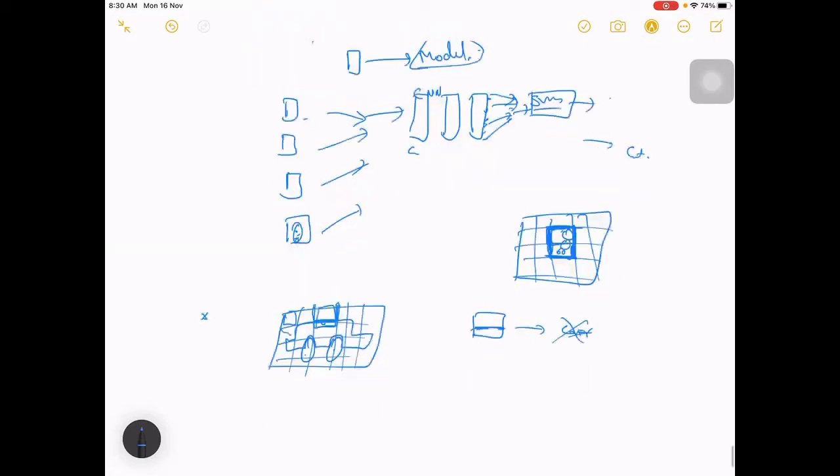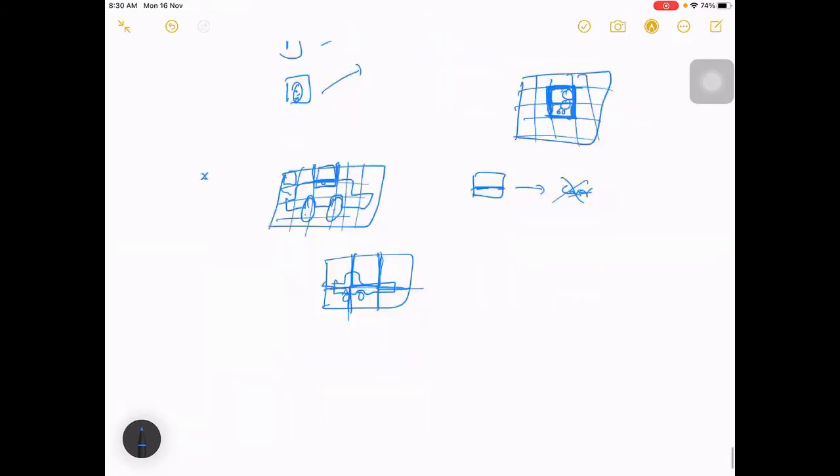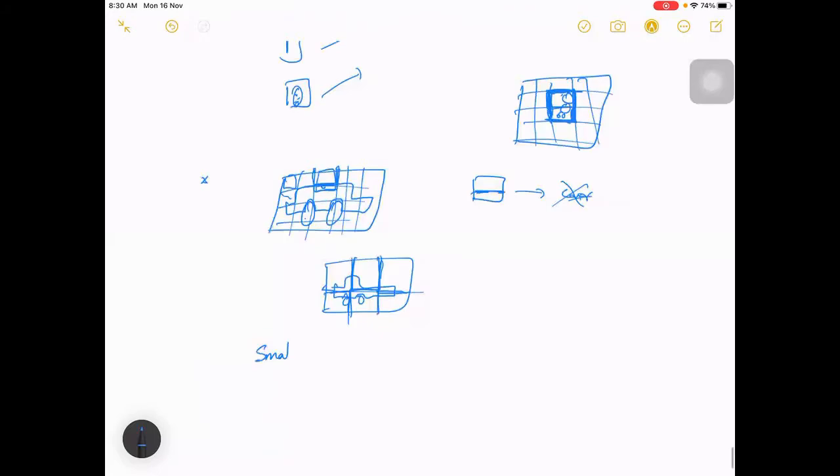So maybe if your window size is large, something like this, then you will be able to identify that there is a car in this. If your window size is small, it will be difficult to identify larger objects. So a smaller window size is difficult for larger objects, right? And similarly, a larger window size is fine for those,